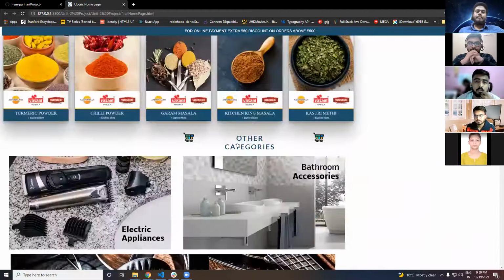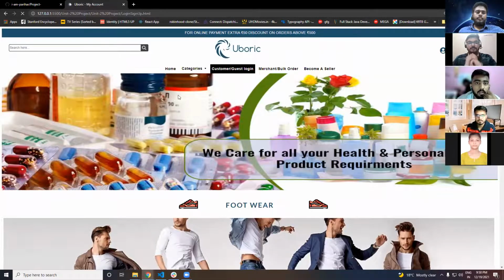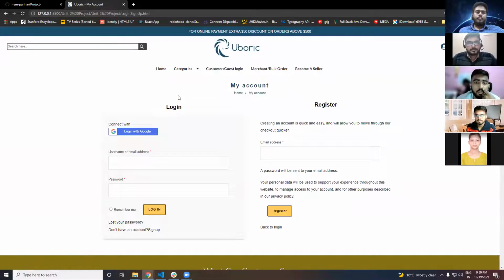Actually, the further part is about login and sign up. If you have an account on our website, then it is really easy to log in, and our address, payment methods, mobile number, email address, all our details are already saved. So we don't have to waste our time again and again in registering. It makes ordering fast and quick.